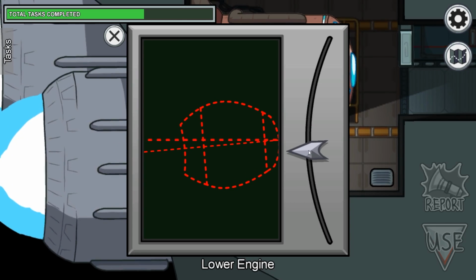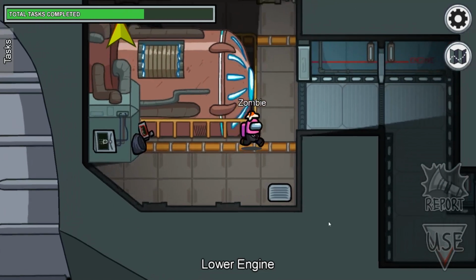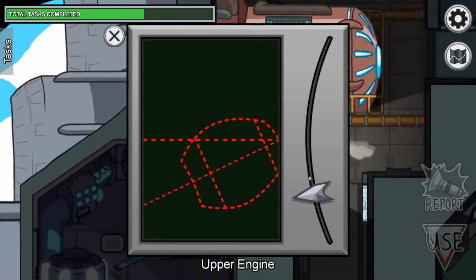So here isn't good. Here is. You just let go whenever it's green. You don't have to go slow like that. You can just fling it. It's not hard to hit. It's very simple. Probably the easiest of the...